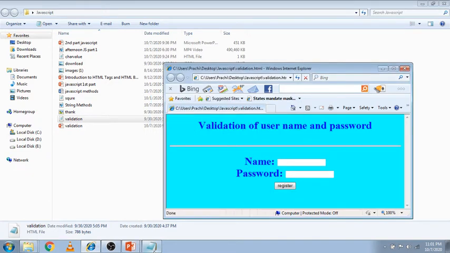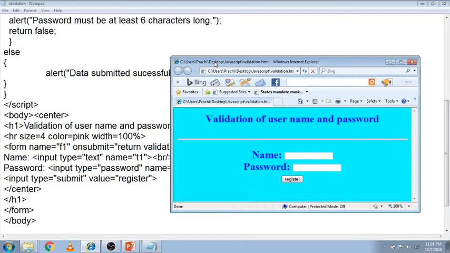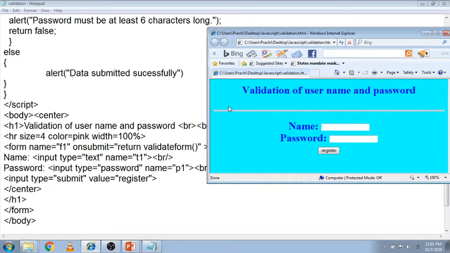So see the first code. The h1 is validation of username and password. Then BR, which is this gap. Then one HR with its properties: size is 4, color is pink, width is 100%. Now this is your particular form. Form name is equal to F1.